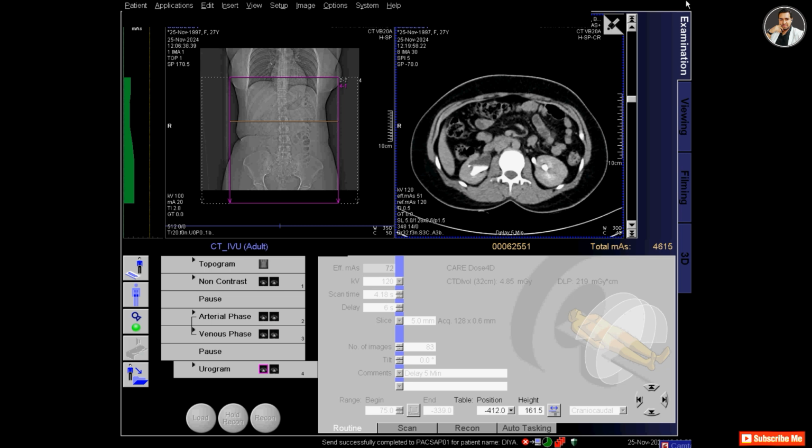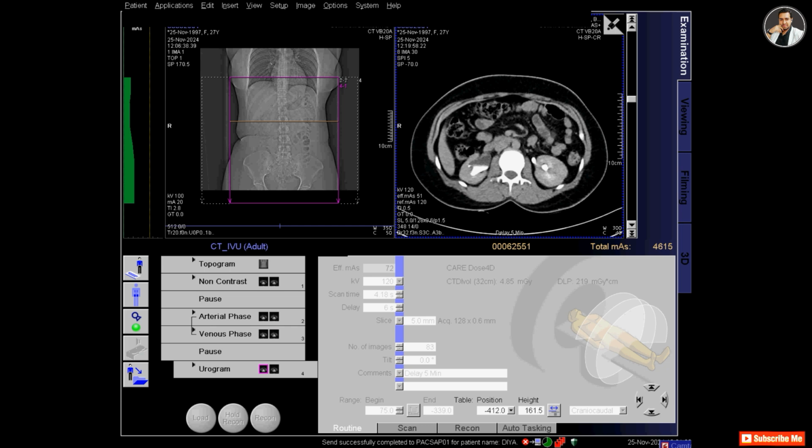So let's see next. So you have to take urogram scan 5 minutes later. It's one type of IVU, but with the CT scan machine.